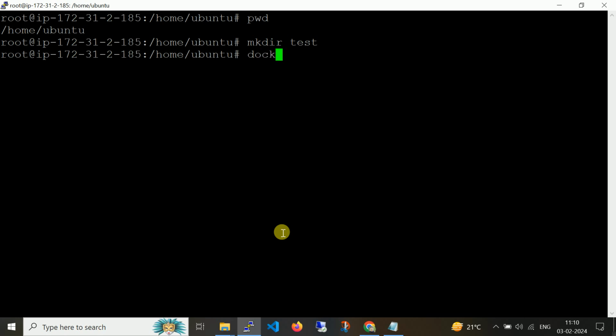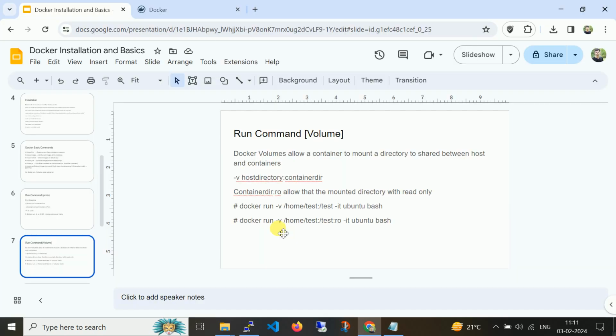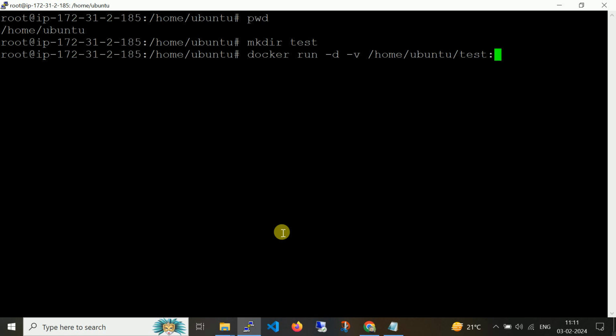Docker run -d -v /home/ubuntu/test, and where I need to mount this.